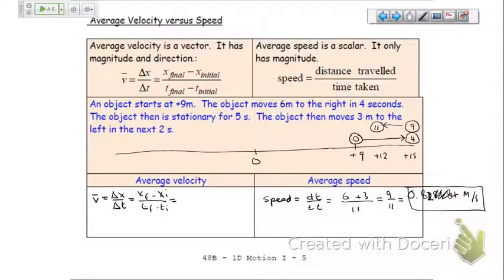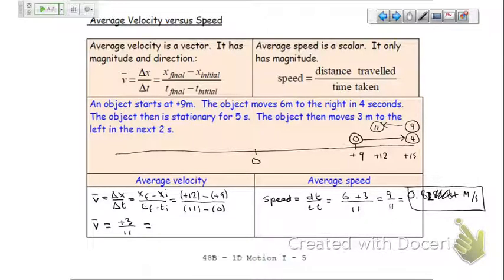I look at my diagram and my final position is plus 12, and I'm going to subtract from that my initial position, which was plus 9, over my final time of 11 minus my initial time, which was 0. So my average velocity equals 12 minus 9, which is plus 3, over 11, which equals